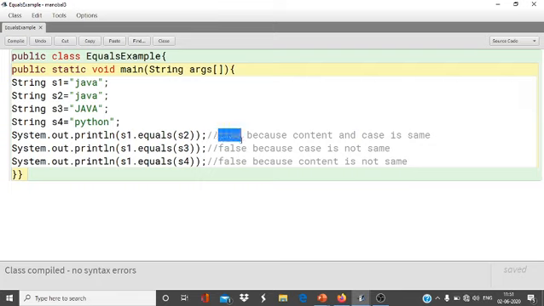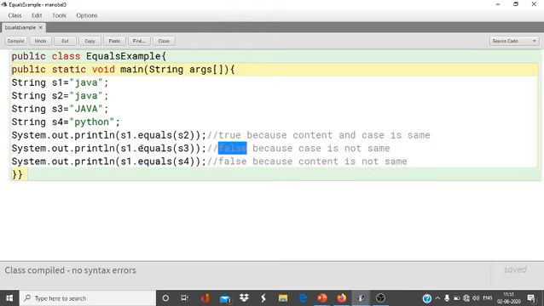It will return true. Why will it return true? Because the content and case are the same. Content is Java, and the case is small letters. Here also the case is small letters. So that's why it will return true. It checks the content and compares the characters.